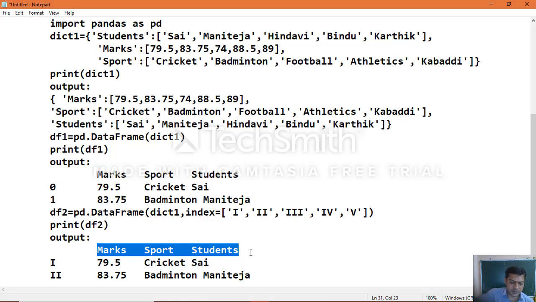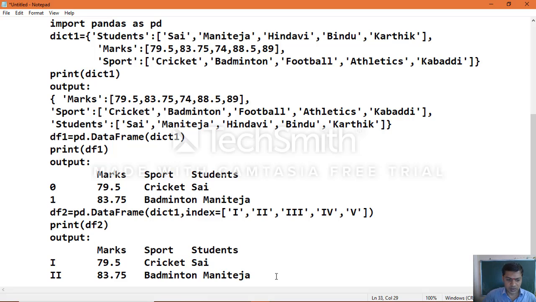Even though the column names we specified are string values, they will be sorted and displayed. And you can see the index which we specified goes till the 5 rows. The data will be represented in the form of 5 rows.